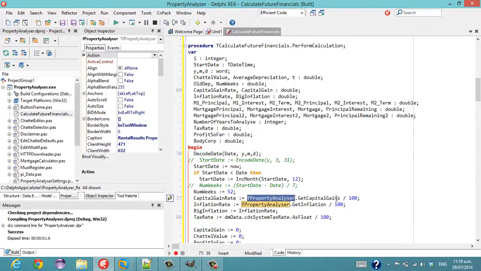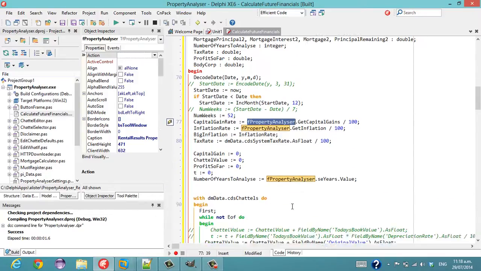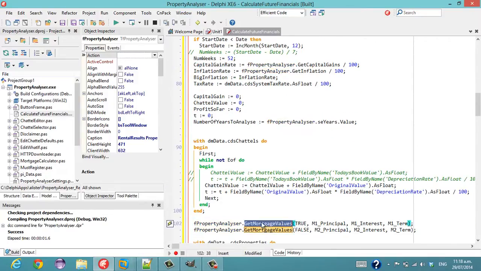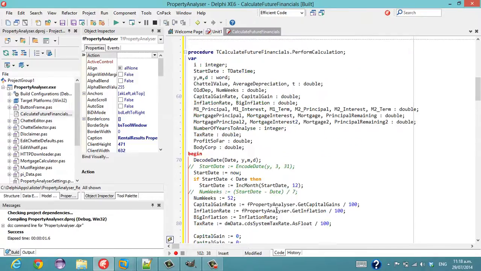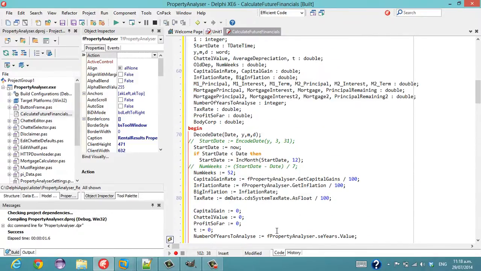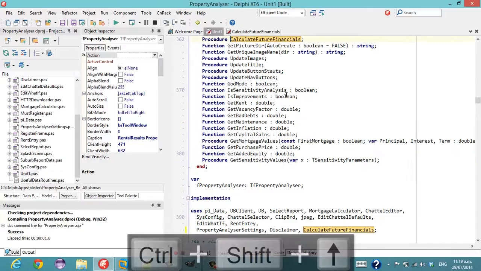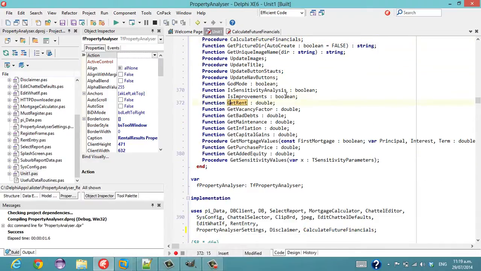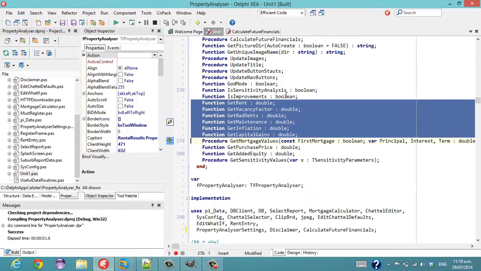But I'm not going to do that. Instead, I'm going to add an interface. Now, one of the reasons for doing that is there are a couple of methods, get mortgage values, which we could probably shift into this class, but I'm instead going to extract an interface from F property analyzer. So let's do that now. So if we come up to the top of our class, as I've done this several times before, I want to extract these methods, I think,